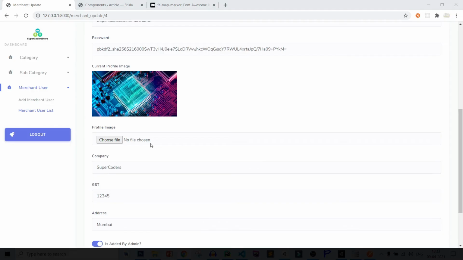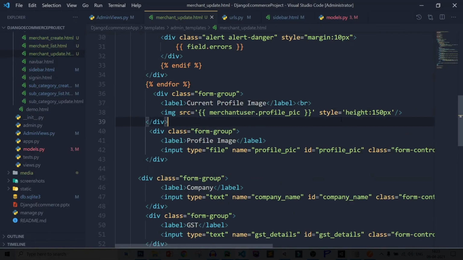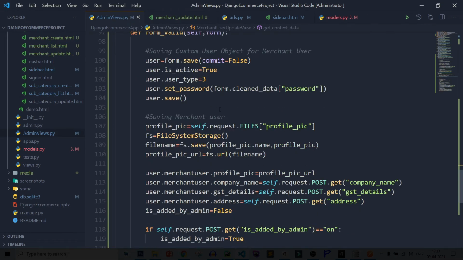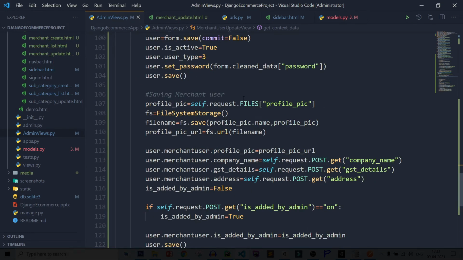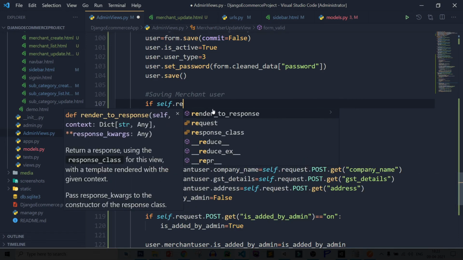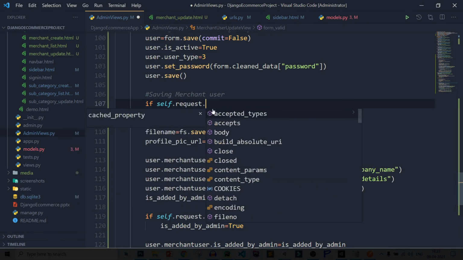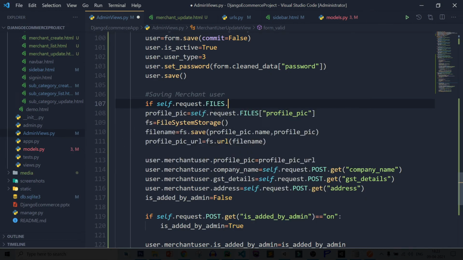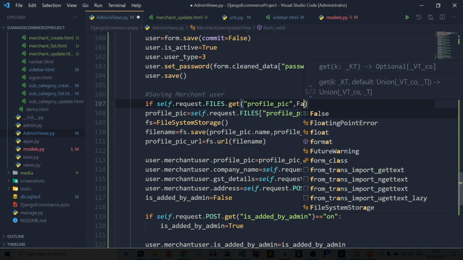After that, let's save this data. So let's see. Come to admin views.py, and here in form submit, I will update the merchant user data. So if self.request.FILES.get profile pic, setting default value false.